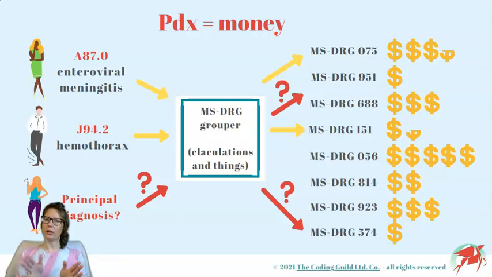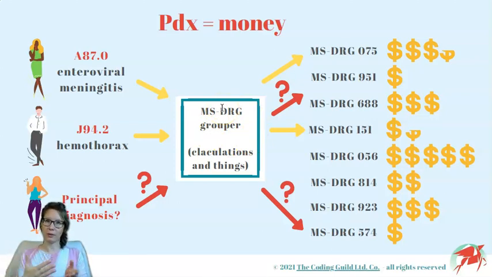Let's start by clarifying what the principal diagnosis is in practical terms. Well, in short, it's money. In most cases, for inpatient stays, the principal diagnosis will decide how much reimbursement a facility receives. Whatever the principal diagnosis is will get plugged into the MSDRG grouper, the software Medicare uses to help calculate payment